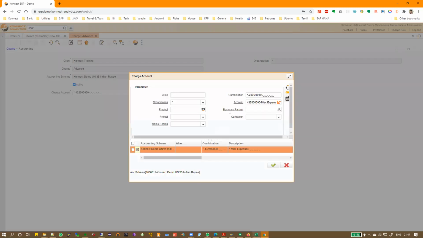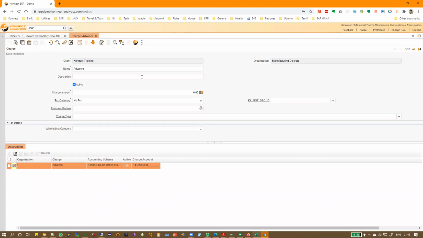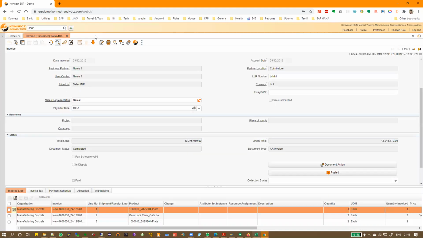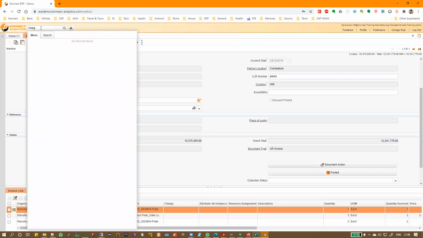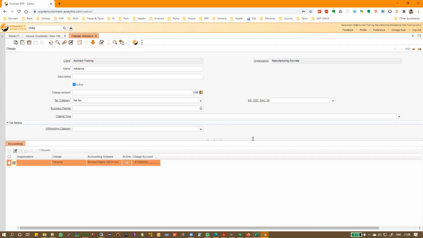Okay. So here you choose whatever account you want. So for the vendor and if you are making some payment towards the vendor, so according to that we'll be selecting the charge accounting number as 411 series, right? No, okay, I think. Because it comes under expense. No. Okay, let's understand one thing.